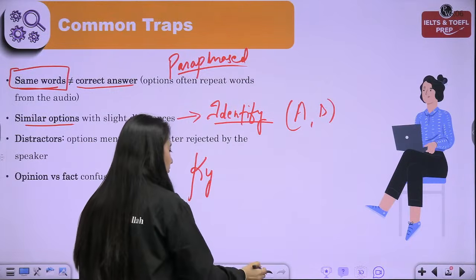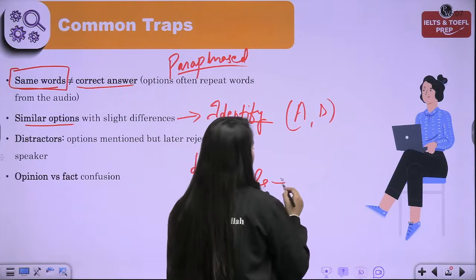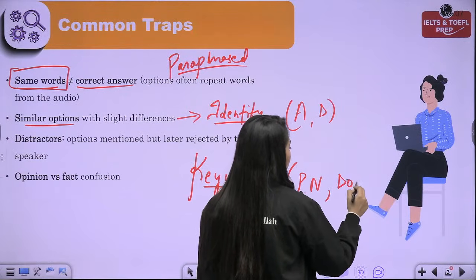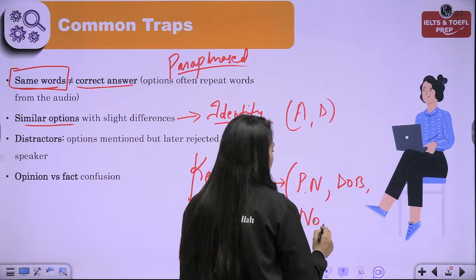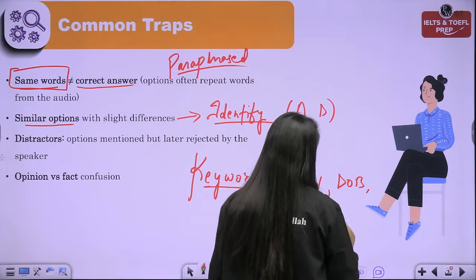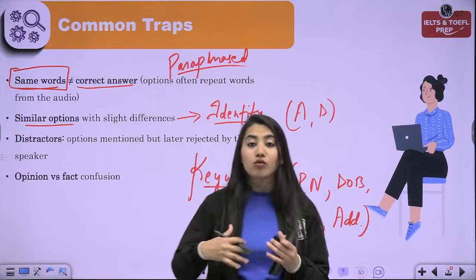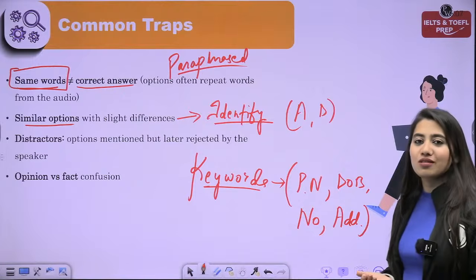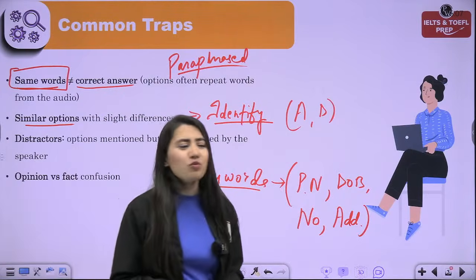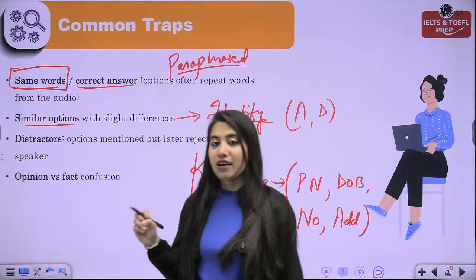Mark keywords. How can you do that? While you're choosing keywords, look for proper nouns all the time. Apart from that, you can also look for DOB if there's a number. So always go for choosing numbers. Apart from that, if there's any address, you can also go for choosing that. So these are some of the things which you always go for choosing in your options or your questions. Mark keywords out of them and look for the paraphrase language. Why am I saying these are the only priority keywords you should always look for? Because they cannot easily get paraphrased.